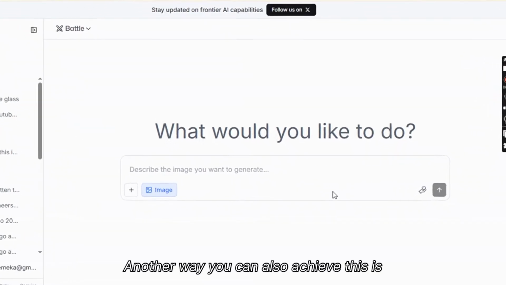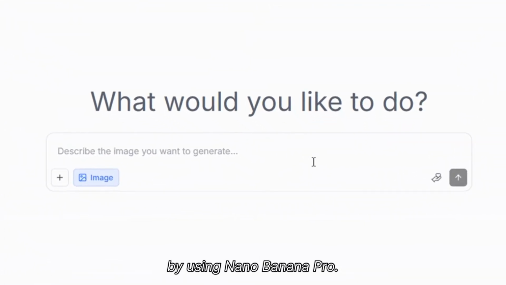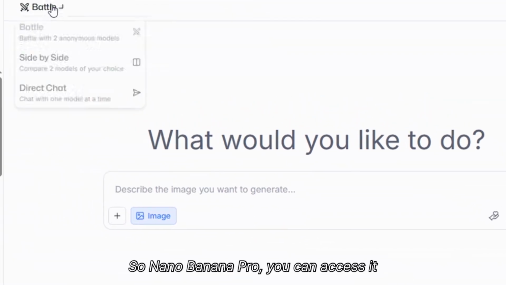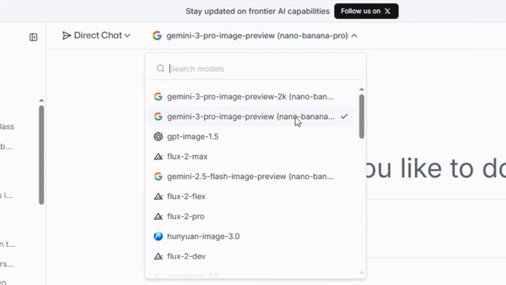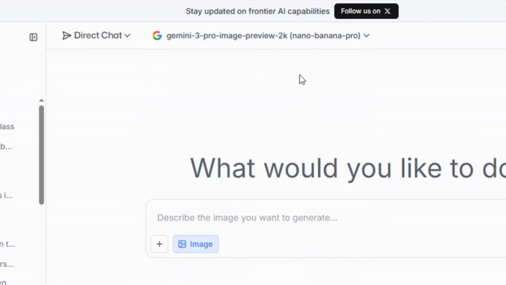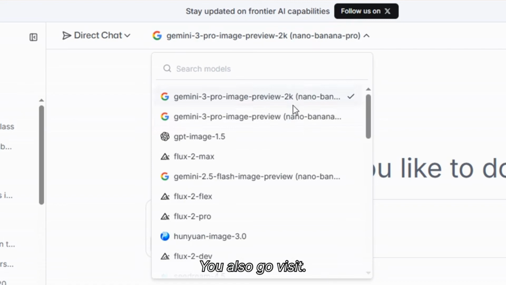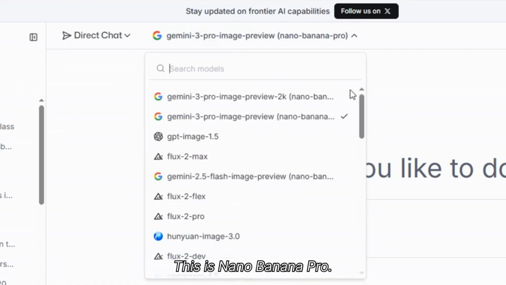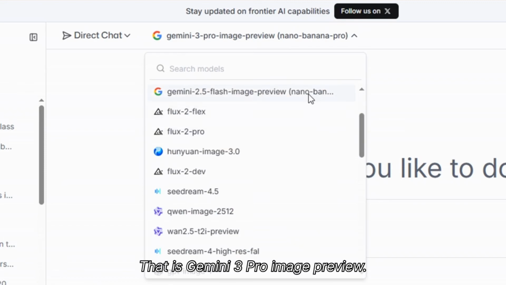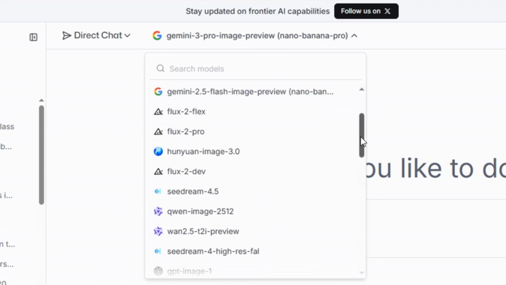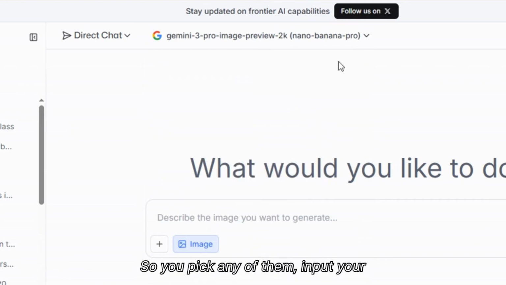Another way you can achieve this is by using Nano Banana Pro. You can access it in LM Arena. Then you hit direct chat. You change it from battle to direct chat. This is Nano Banana Pro. This is also Nano Banana Pro. That is Gemini 3 Pro image preview. So you pick any of them,